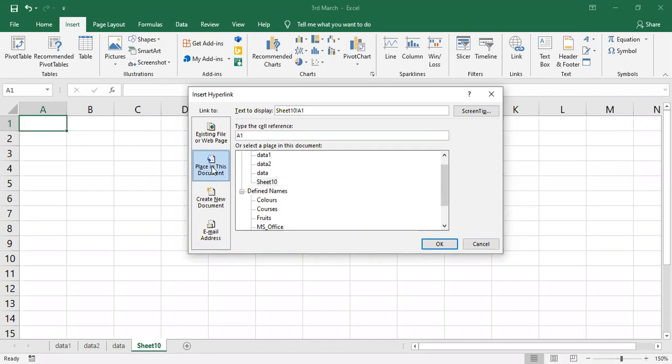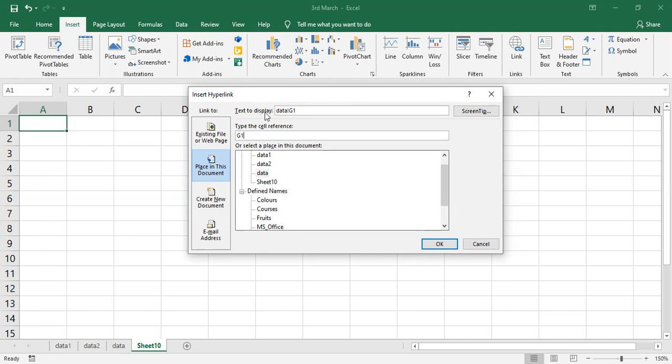I want to link to the data sheet, to which cell? G1. So I'll give G1 here, in Type the cell reference.